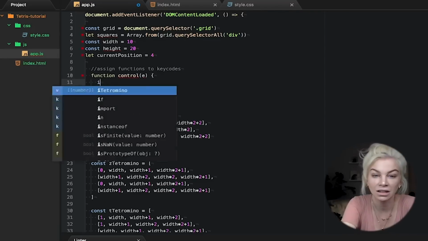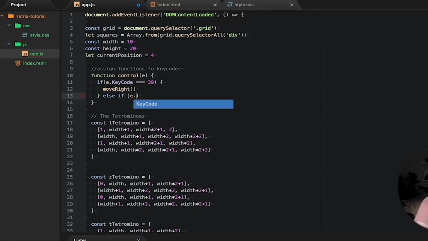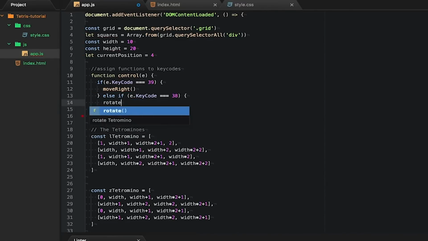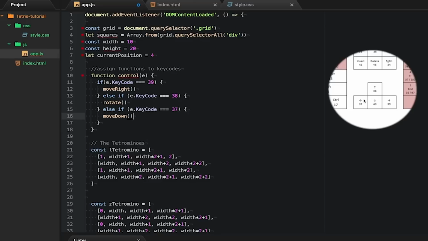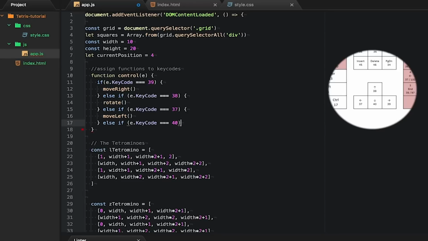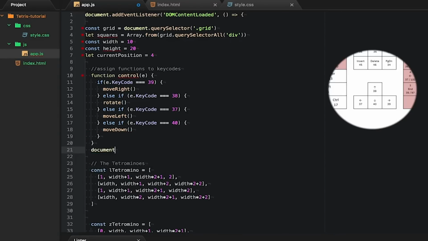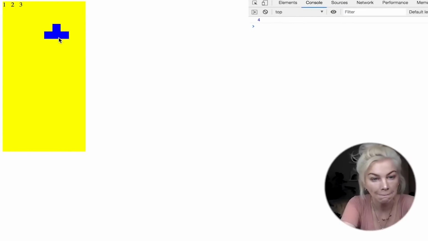The E here means event, and we need to pass it through the functions like so. Okay, so now we can move the tetramino around on the board and rotate it.